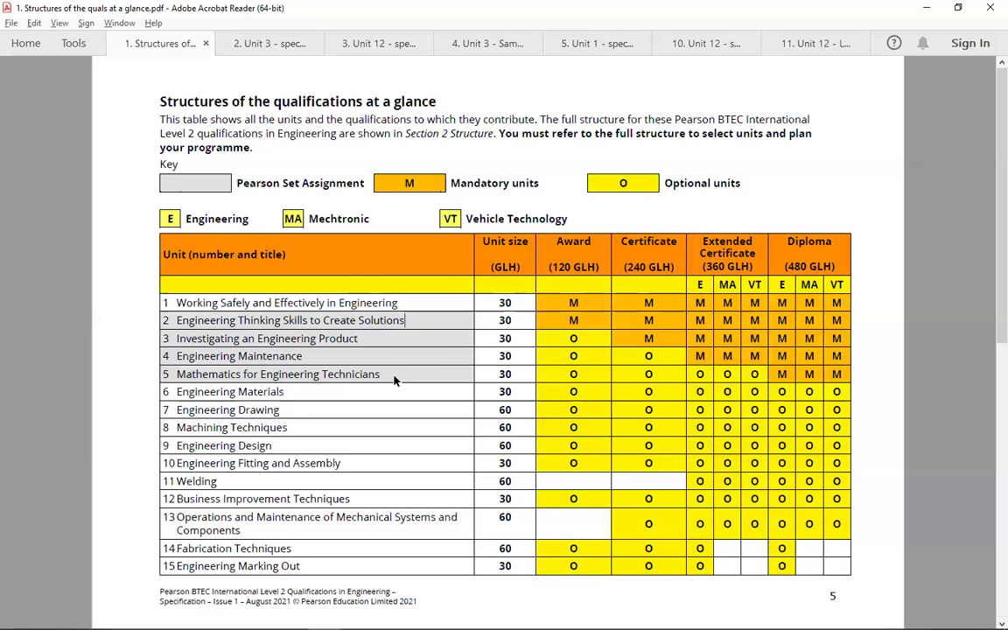So that's the case, whatever qualification. You can see the mandatory units change depending on the unit size. So if you were doing the award, only units 1 and 2 are mandatory, and so on. So this is your sort of the first document you look at in terms of designing your program to decide which units you're going to deliver, and that then spins out which ones are going to be Pearson set assignment units and which ones are going to be